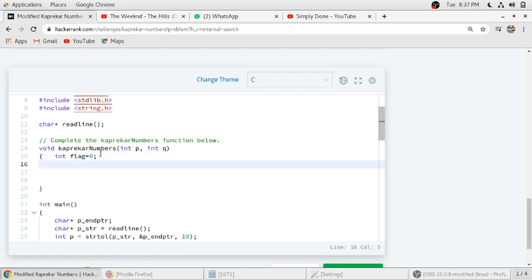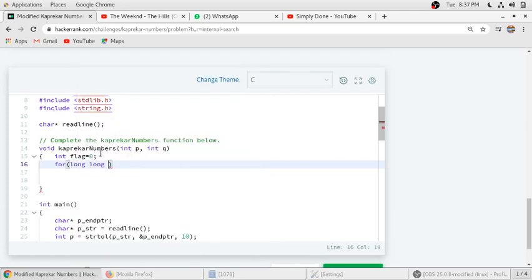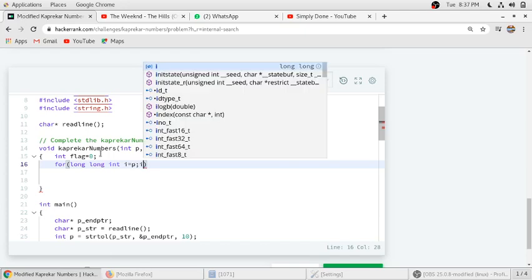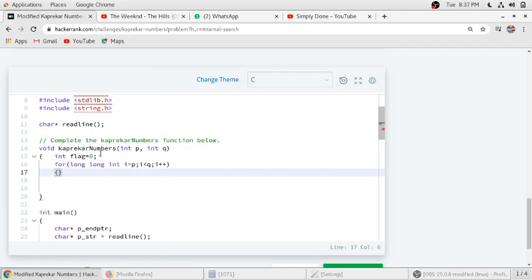We will run a loop for long int i equal to p till i less than or equal to q, i plus plus. So the range will start from p and end at q.